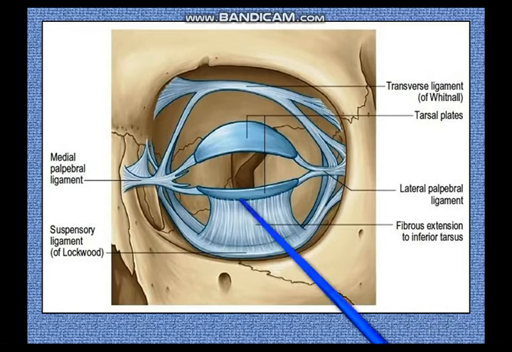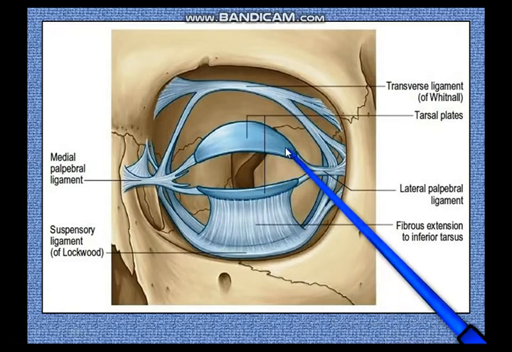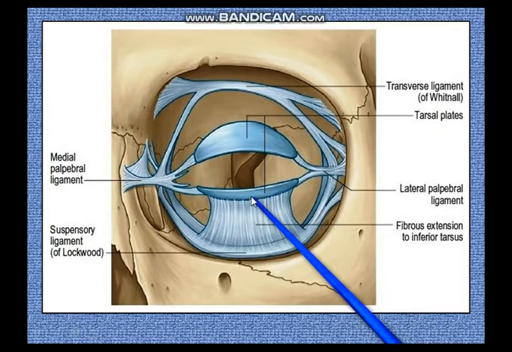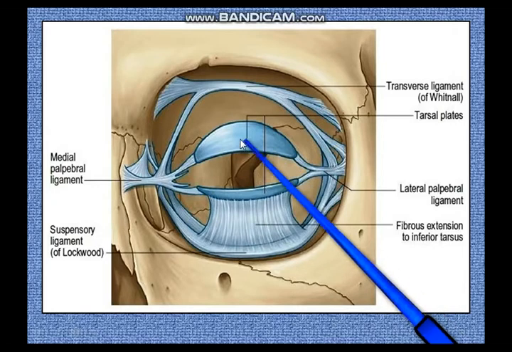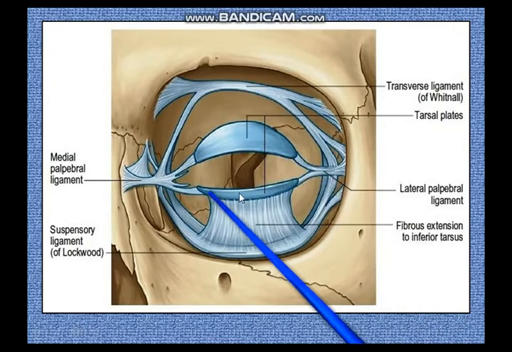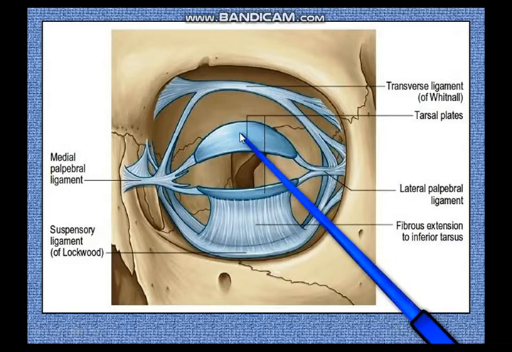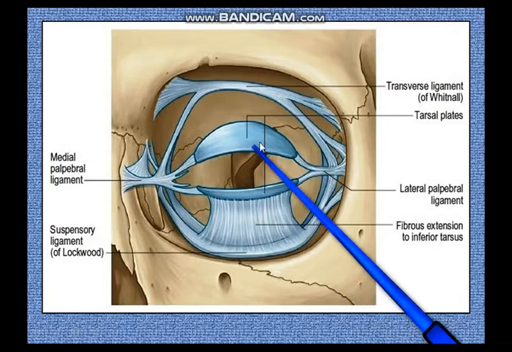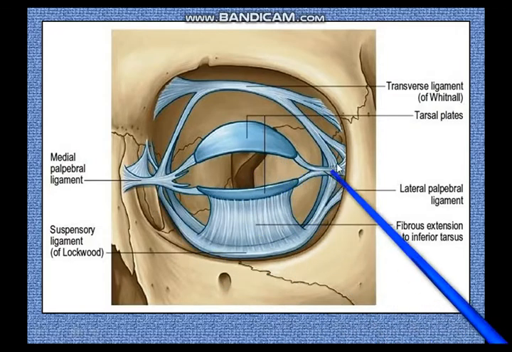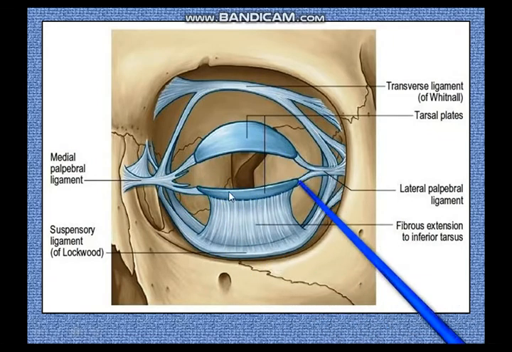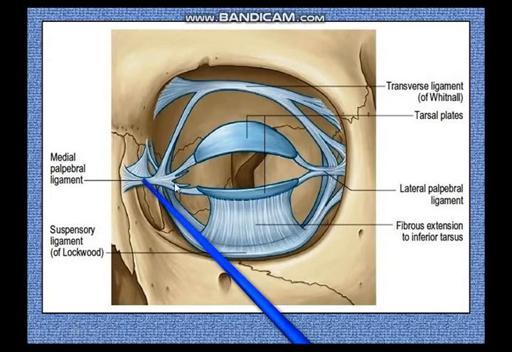Now in this diagram, what you can make out is the tarsal plate of the upper eyelid we were looking at. Now there is a tarsal plate of the lower eyelid also, and you can make out the lower eyelid tarsal plate is much smaller than that of the upper eyelid, and because the glands extend throughout the width of the tarsal plate, there are meibomian glands inside here, there are meibomian glands inside here. The height of the glands will be more here, the height of the glands will be less here, and you can make out these tarsal plates are anchored at the medial palpebral ligament and at the lateral palpebral ligament by fibrous tissue. So although these tarsal plates are within the eyelid, they are anchored to the inner canthus and to the outer canthus.